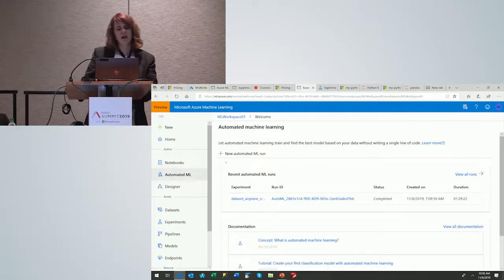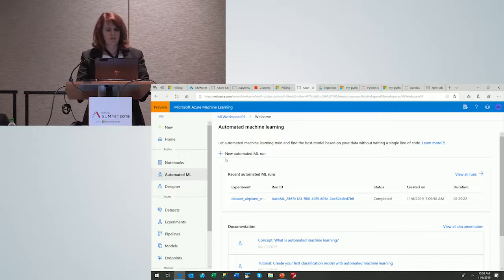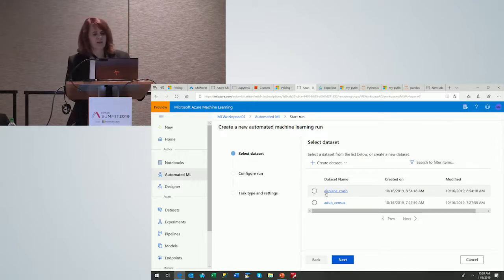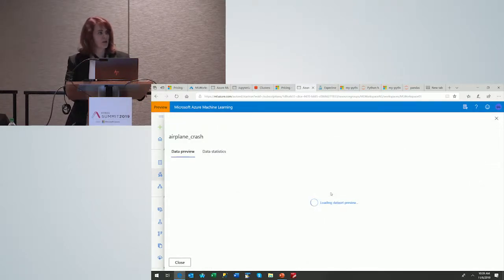So for automated ML, what this shows you is the ability to create a new automated machine learning solution. So I'm going to go ahead and create a new one. And with that, what I can do is either upload a data set or use a data set that I have that's existing and take a look at what I can do to do some analysis with this. So I have a data set called airplane crash.